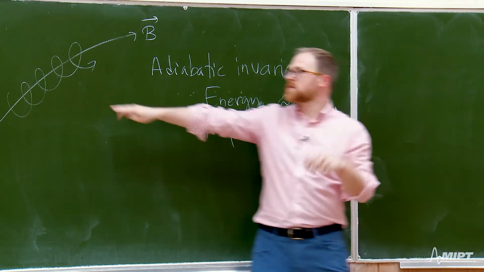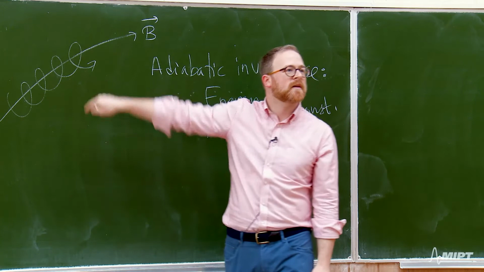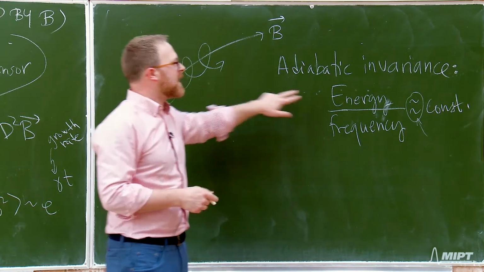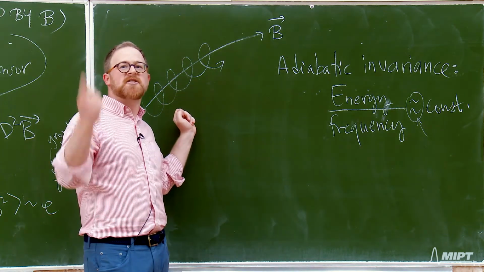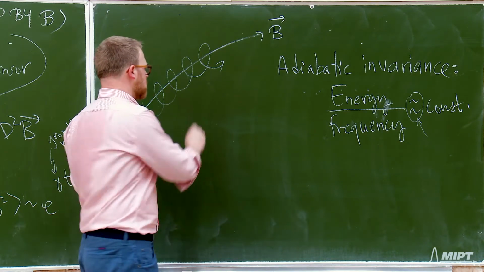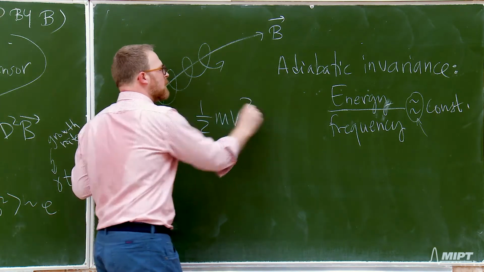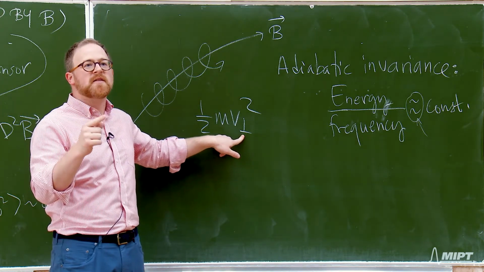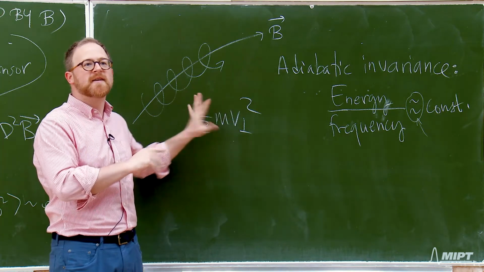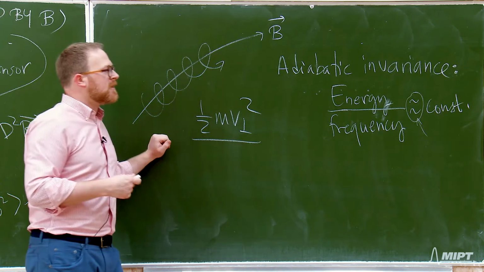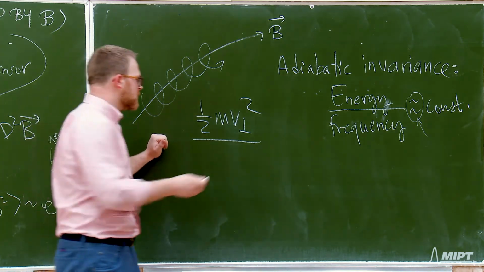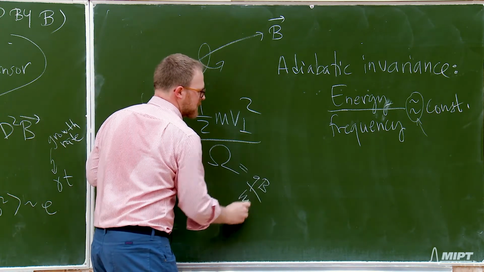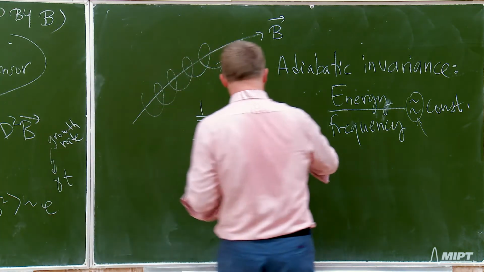So then let's just apply this to this particle system. I had to teach adiabatic invariants. All right, so you can ask, how much energy does this particle have as it gyrates about the magnetic field? And that's very simple, right? So there's a particle. The Lorentz force is in the perpendicular direction. There's some energy associated with the gyro motion. That's that. There's a periodicity in the system, so there's a frequency. Done. Okay. So this is QB over MC. And if this is roughly constant,